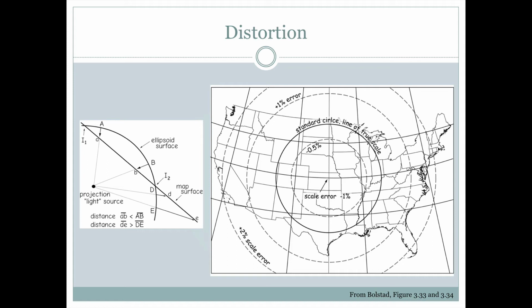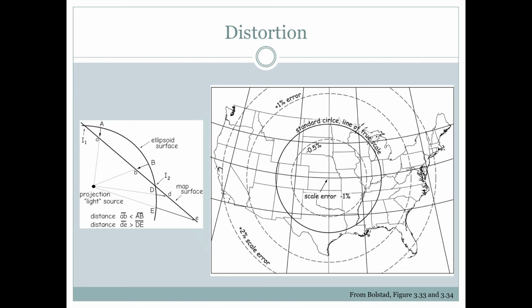And that's where the distortion takes place. On the other hand, outside of the circle, the Earth is also curving away from that plane. So all of that is going to have to be stretched out in order to lay flat on that plane as well. So in both those ways, we're distorting this map in every location except for that standard circle, that undashed line